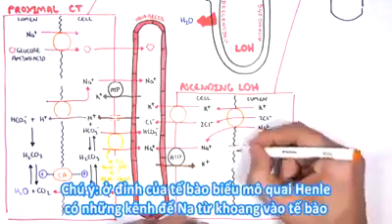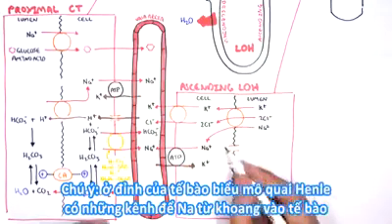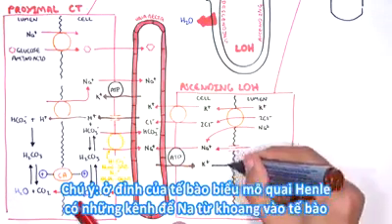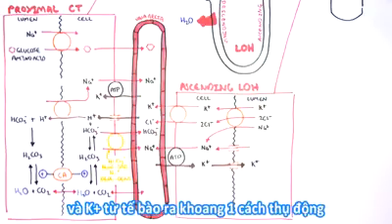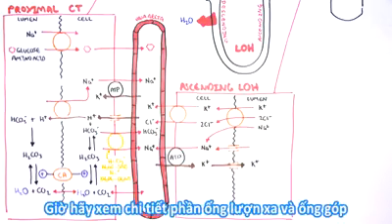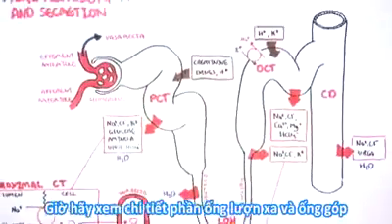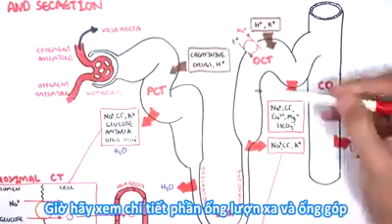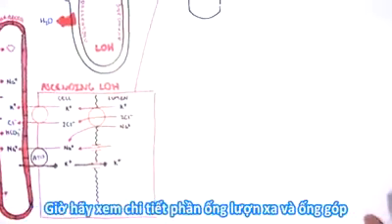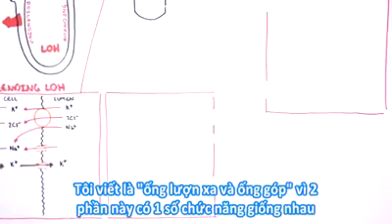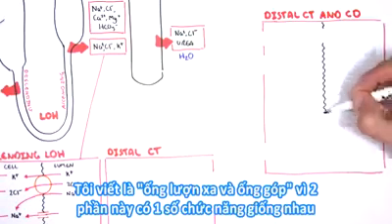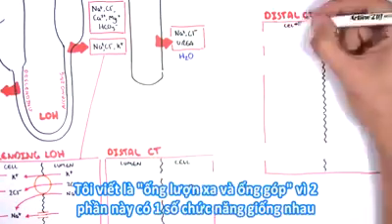Important to note here, on the apical surface, on the top of the cells of the loop of Henle, there are passive channels which allow sodium to enter the cell from the lumen and also potassium to enter the lumen from the cell. Let us now focus on what happens in more detail at the distal convoluted tubule as well as the collecting duct. I wrote here distal convoluted tubule and collecting duct because these parts of the nephron share some similar functions as well.